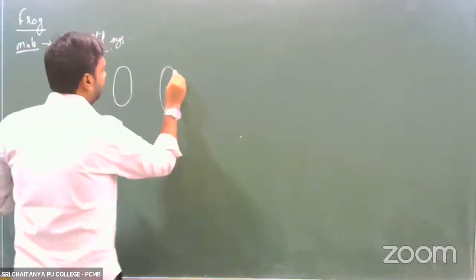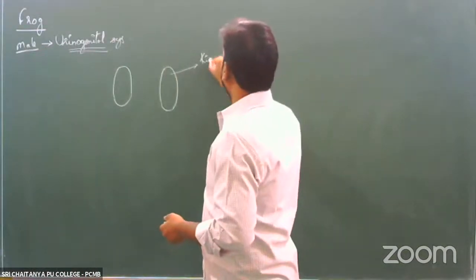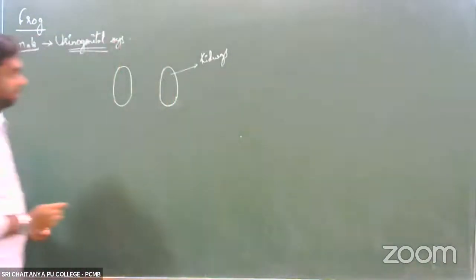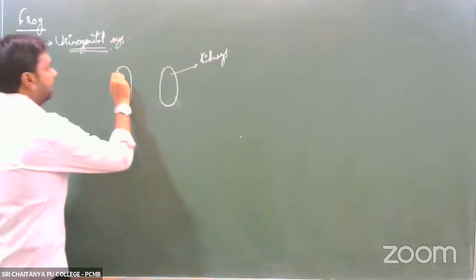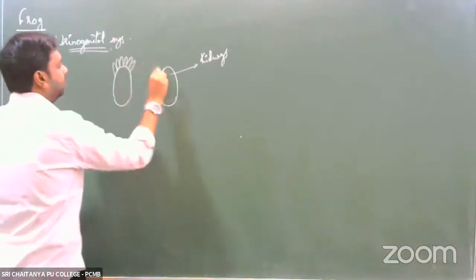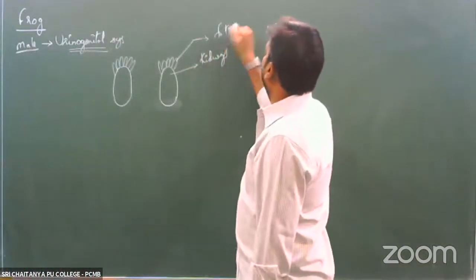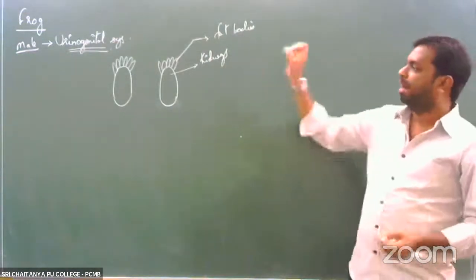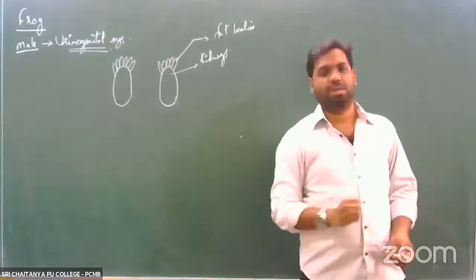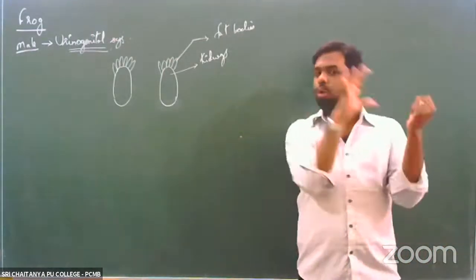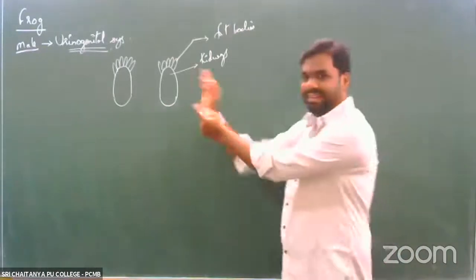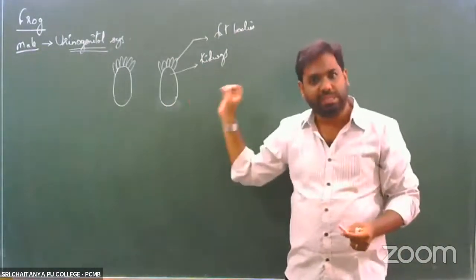So this would be the kidneys. A pair of large oval-shaped kidneys are present in these organisms. On the anterior end of the kidneys, there are fat bodies, so all this would be the fat bodies present towards the anterior end of the kidneys. Attached to the kidneys, there is a pair of testes. The testis is seen over the kidneys and is attached to them, but in the diagram I'm showing it slightly aside so that we can understand the connection between the testis and the kidneys.